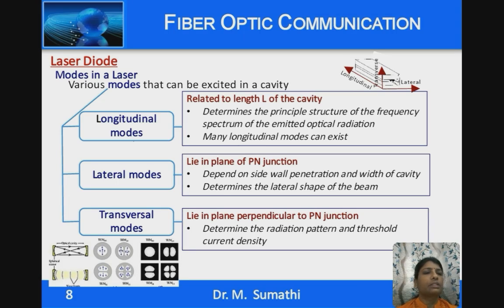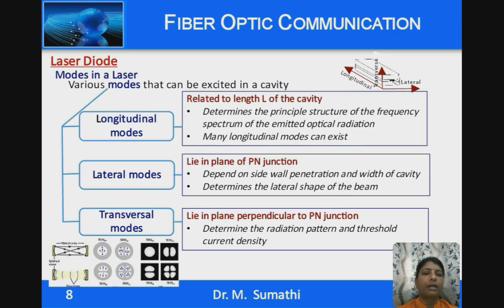The various modes that are supported in a laser cavity are the longitudinal mode, lateral mode and transverse mode. The longitudinal mode is along the length of the cavity, the lateral mode along the width, and the transverse mode. The longitudinal mode is related to length L of the cavity, and this determines the principal structure of the frequency spectrum of the emitted radiation. As we have seen in the previous slide, there are many wavelengths that are integral multiples of the length of the cavity, and therefore many longitudinal modes can exist in a